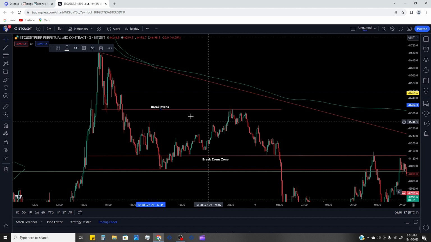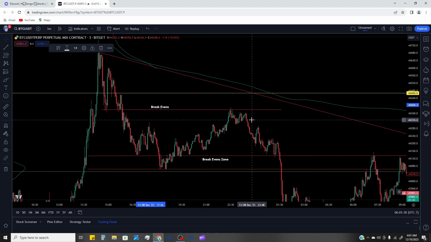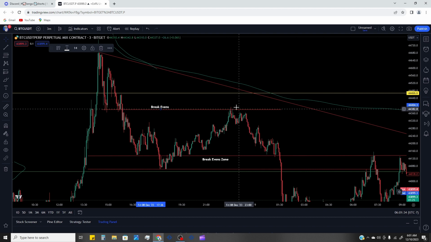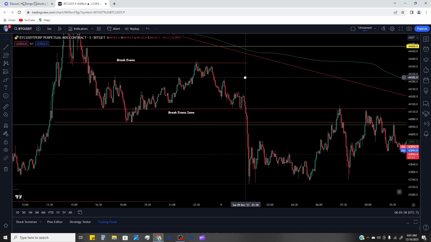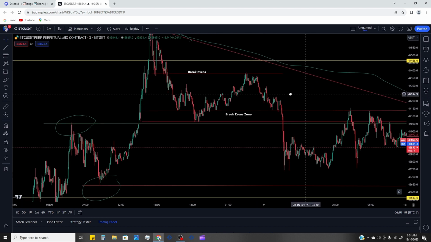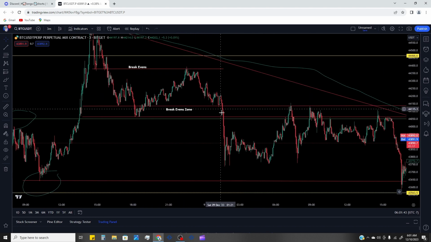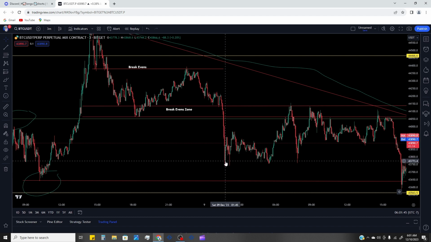That's what we're going to get at those break evens. So we get sell pressure on the actual asset. We know we can go short there. It's as simple as that. And then price goes all the way down, breaks down,